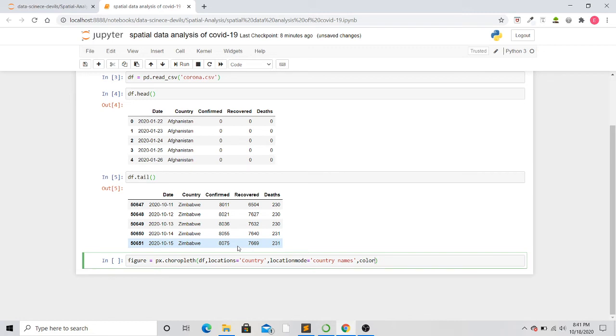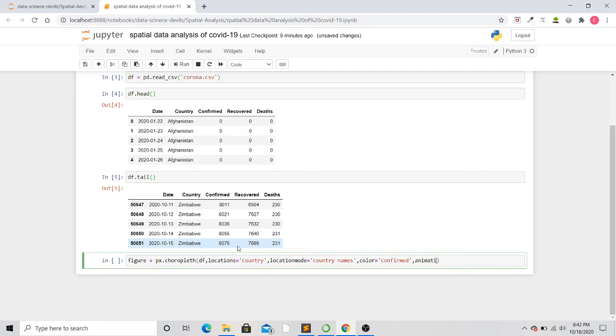Then the color parameter is confirmed. So those countries where the number of confirmed cases is high, the density of the color of those countries will be displayed more. They will be displayed more yellowish in color relative to their neighboring countries.